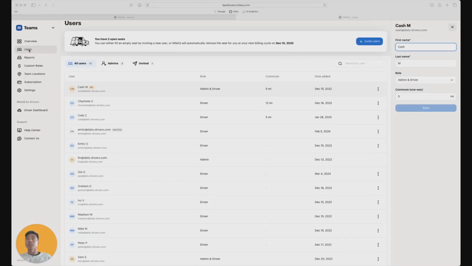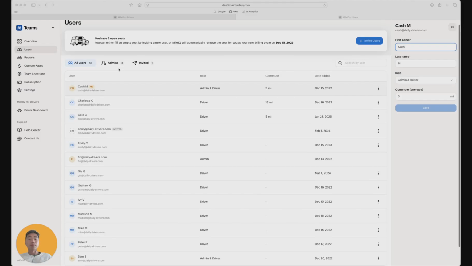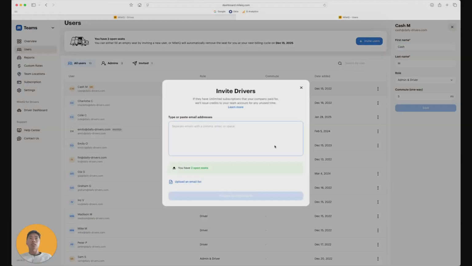First, you're going to want to click into the Users tab here on the left sidebar. Now that you're in the User section, this is where you can view and manage people on your team, like add or remove drivers or update their personal details. Now, to start your team, you're going to want to click on Invite Users and go ahead and type in